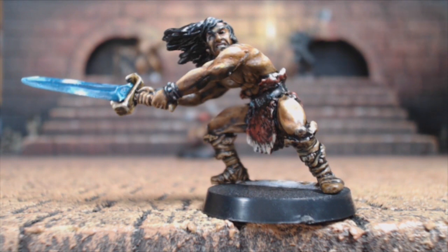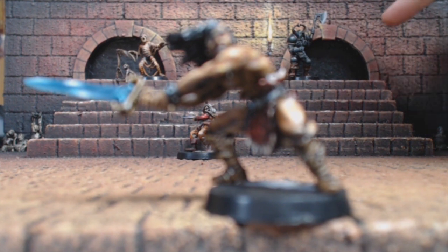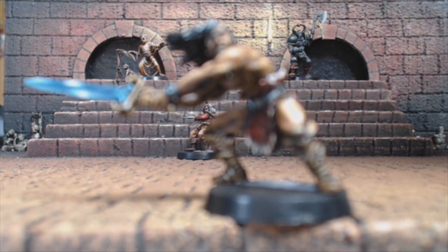Okay, so here's our painted Barbarian, and I've just popped him in the little diorama box that I built. I'll do an article on my blog probably. I've got some work in progress photos of this, and I'll just zoom out to show you. There we go, there's the other guys that I've finished so far. So there's the elf and the mummy and the skeleton and the chaos warrior behind him. More things to go in. There's the chaos sorcerer to go in here, zombies to go in down here, dwarf over here, orcs over here, and